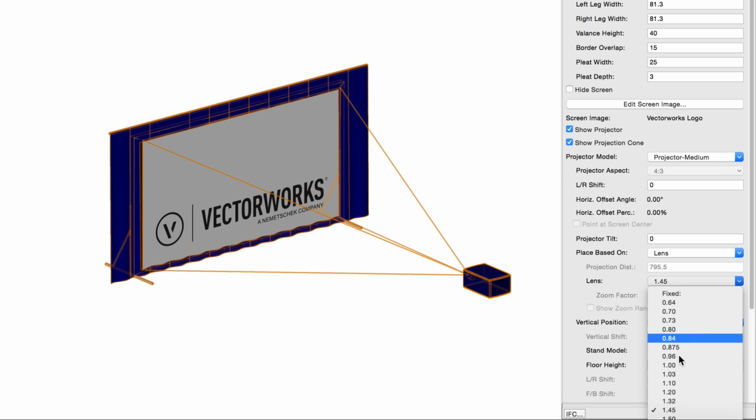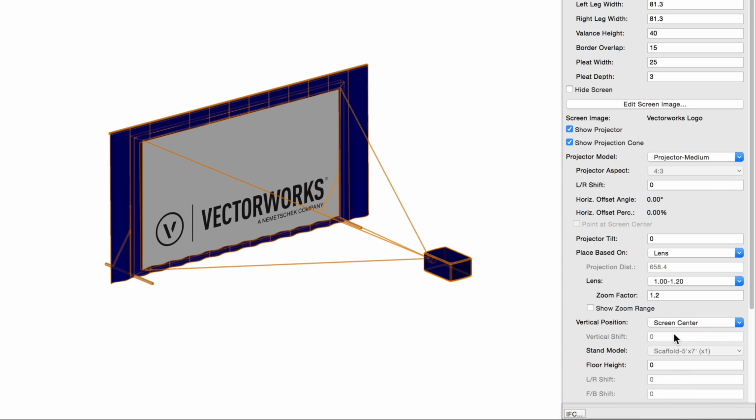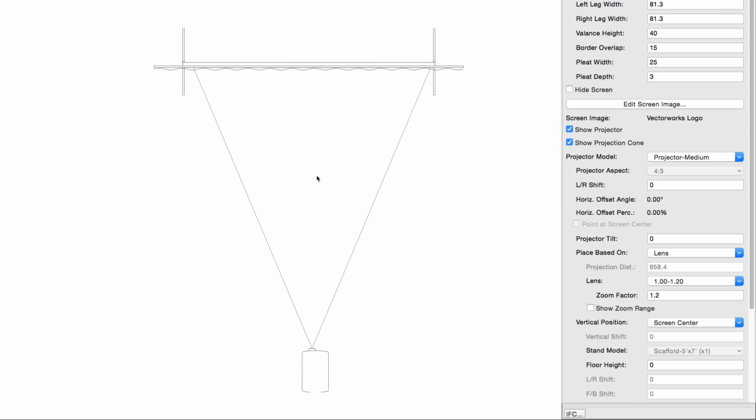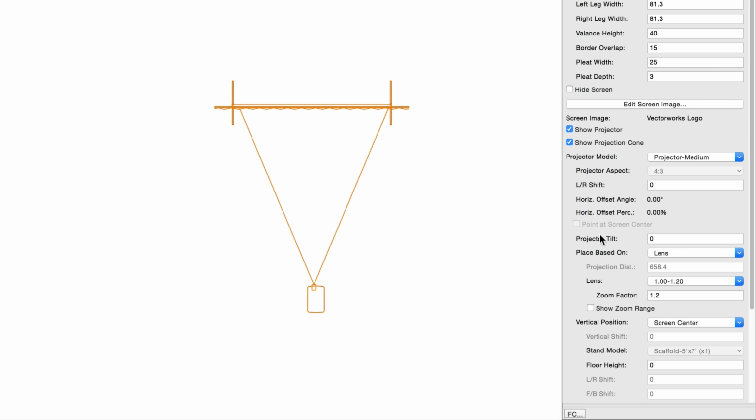Zoom factor sets the lens zoom factor, which will then be added to the calculations for projector distances based on the lens. For zoom lenses selected above, show zoom range indicates the optimal area on the drawing where the projector should be placed, to achieve the desired image size within the zoom range of the lens. This is particularly useful if the projector is going to be mounted on a rail that can be moved or